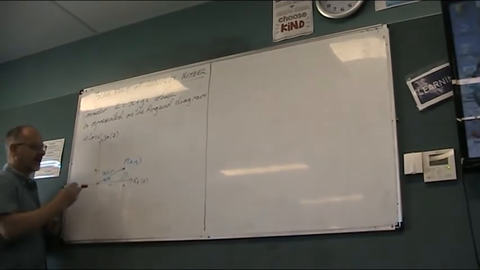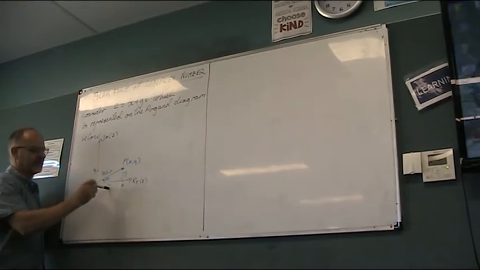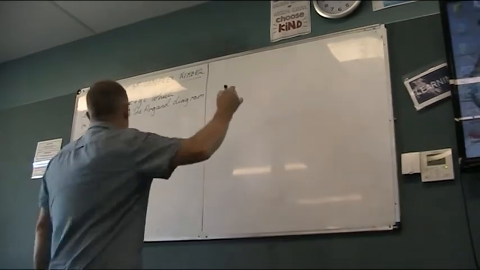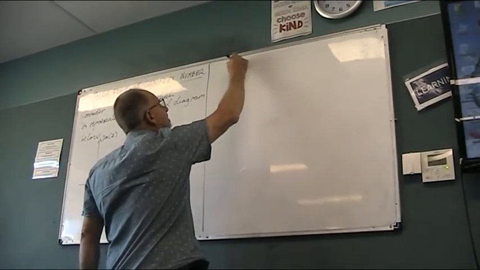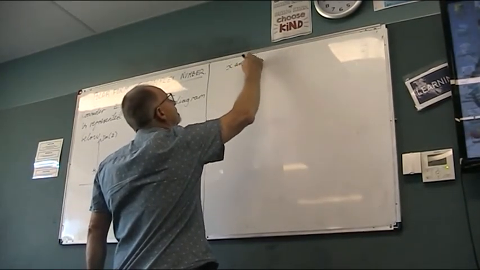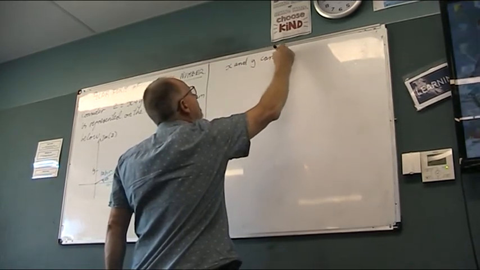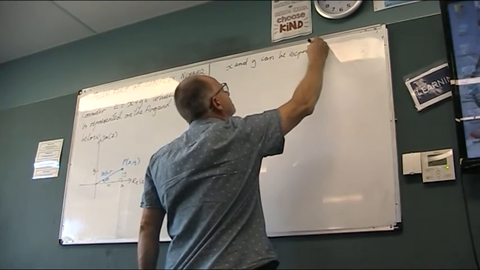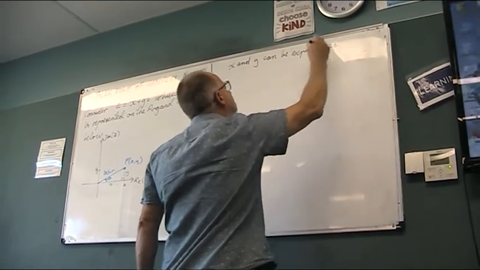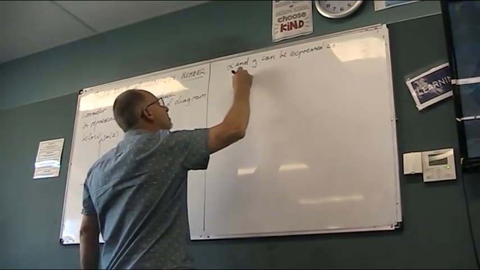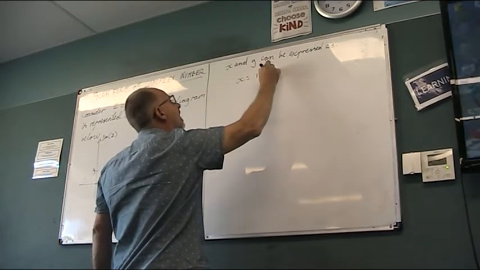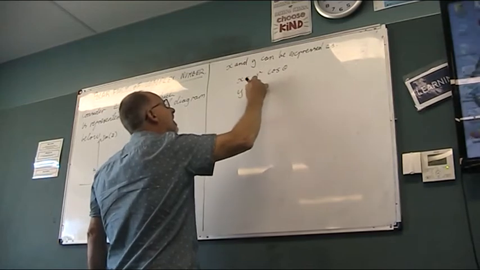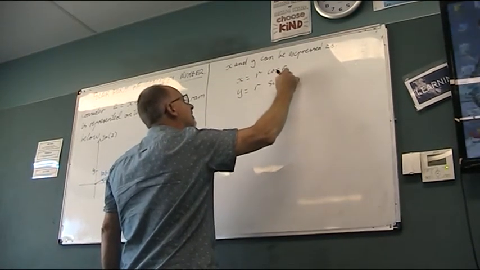And the r, of course, is the magnitude, the square root of x squared plus y squared. So x would be r cos theta, y would be r sine theta,